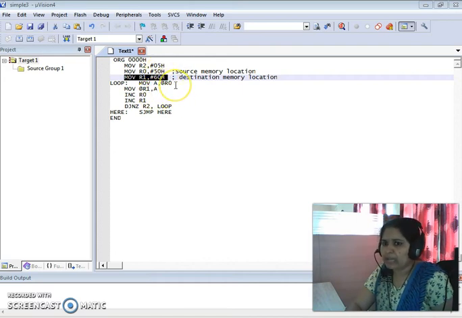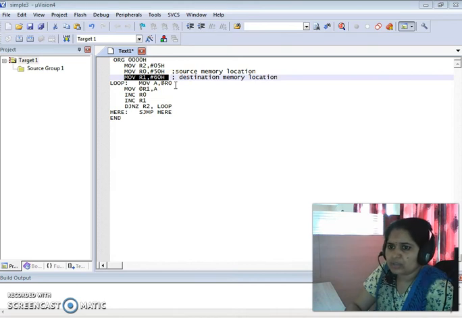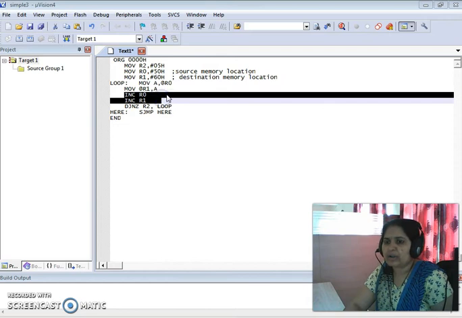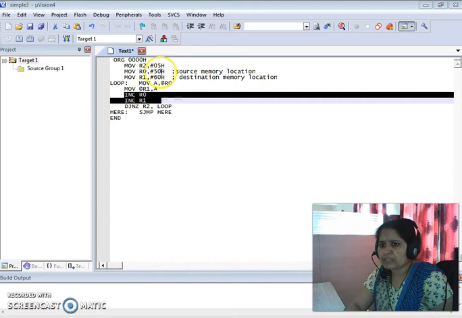Okay. Now I have to access the next memory location. So how to access the next memory location? I have just transferred the 50H content to 60H. For that purpose, I have to go to the next memory location, that is the 51H location. So I have used the instruction called increment. The increment instruction will increment the content by 1, the memory content or individual value by 1. So INC R0 and INC R1 will do it; now R0 becomes 51 and R1 becomes 61, likewise.